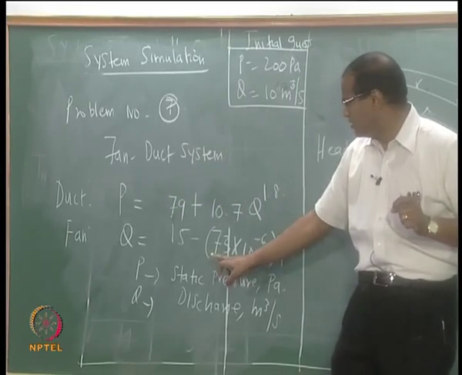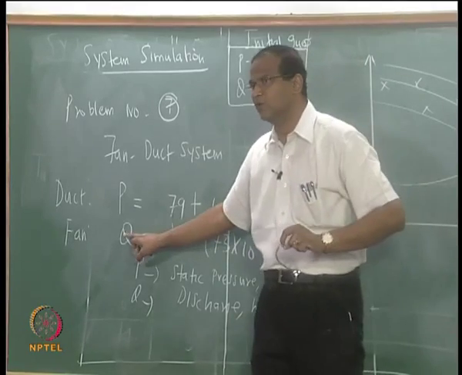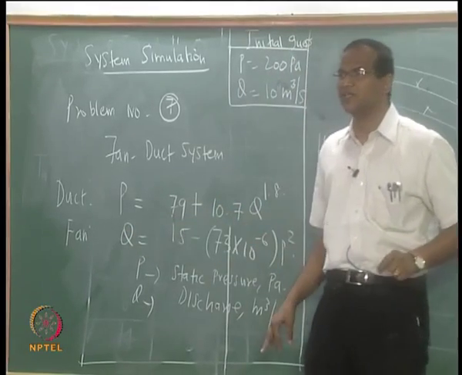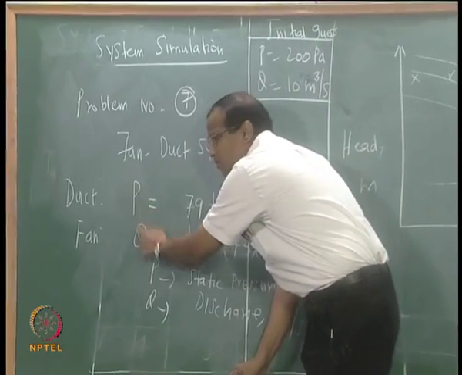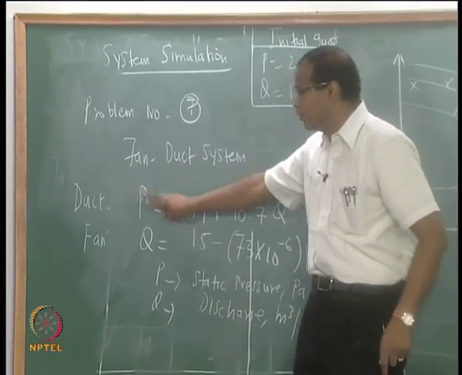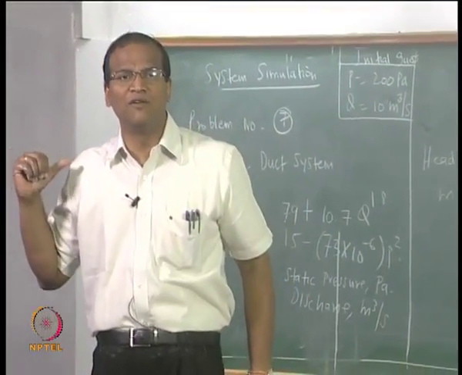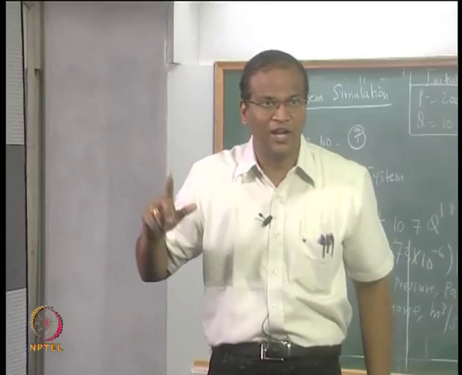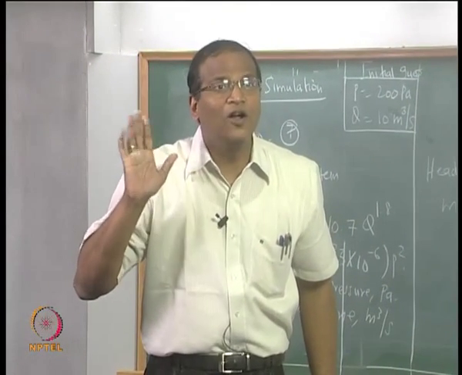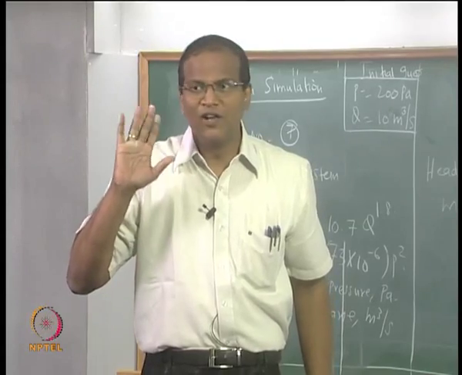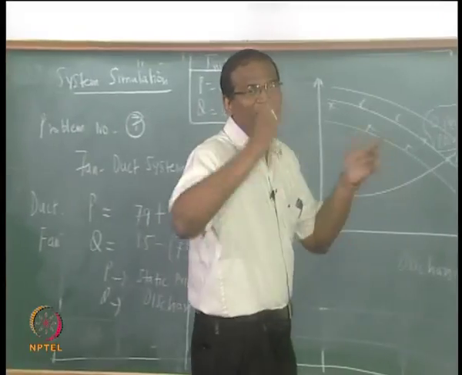By the same token, you can also calculate P from Q depending on this. If you want to calculate P from this equation and Q from this equation, that is one information flow diagram. If you want to swap, that is another information flow diagram. And since you have got nonlinear powers, one is P square, one is Q to the power of 1.8, one of the information flow diagrams will not work. So let us see who is unfortunate,